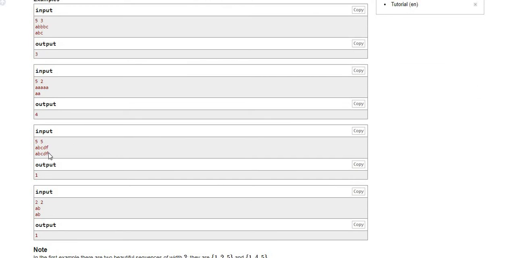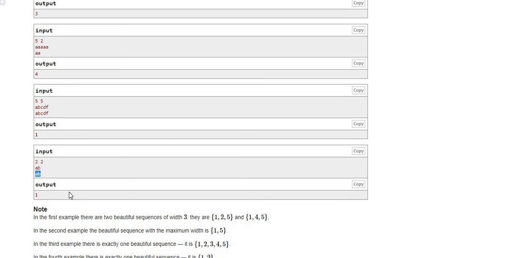So this base case, when m and n values are the same, the answer has to be 1, because you have to take all the characters out of s to make t, or it should be equal to t. So the difference between consecutive characters is always 1. That's why the output is 1.